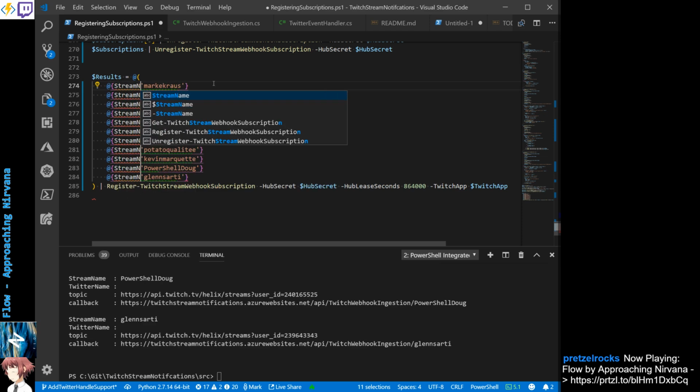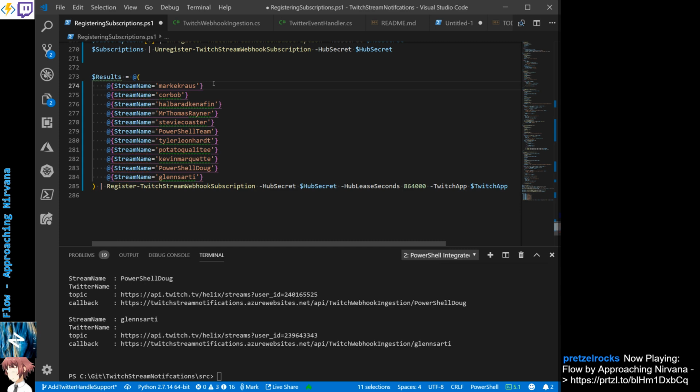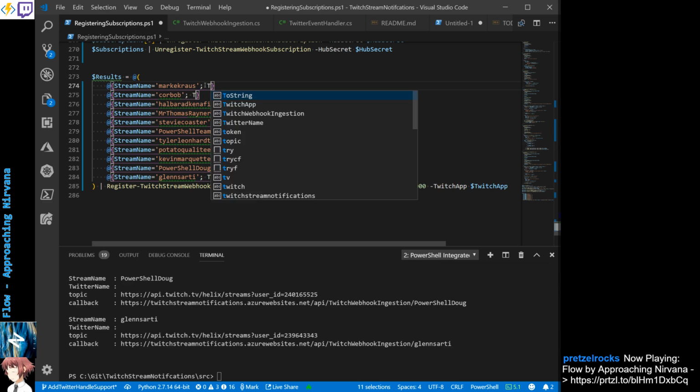At stream name. Now, can you do column copy and column paste in here? I've never figured that out. Column copy and column paste would be kind of useful here, but I'm just going to go in here and do